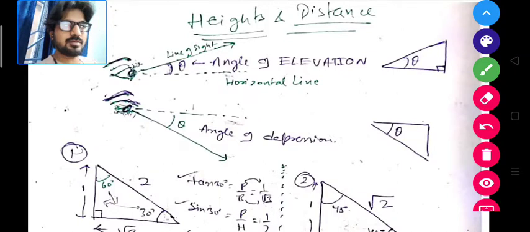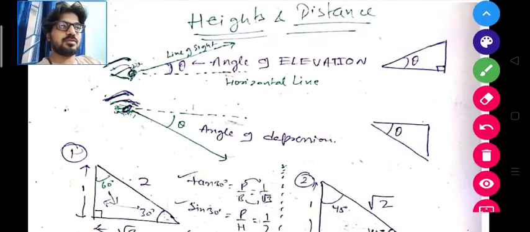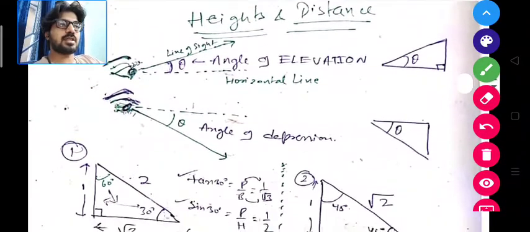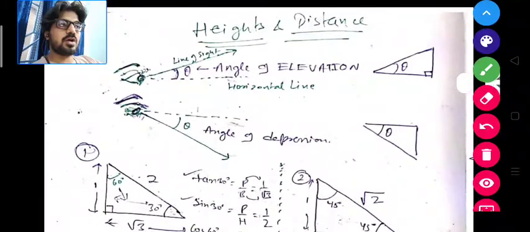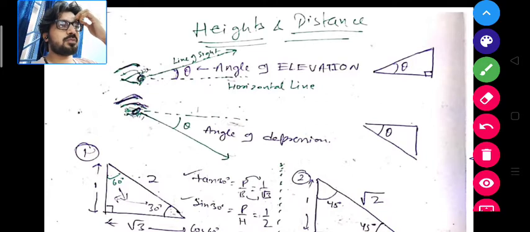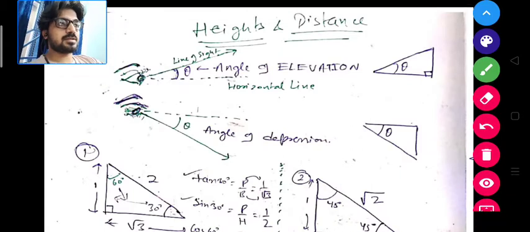Students, today we are starting a new chapter containing our trigonometric series, and the name of the chapter is heights and distances. As we know about certain angles like sine theta, cos theta and tan theta, by use of these angles and theta measurements we will know how to find the heights and distances depending upon the line of sight and the angle of elevation and the angle of depression, that our eye makes with the horizontal axis when